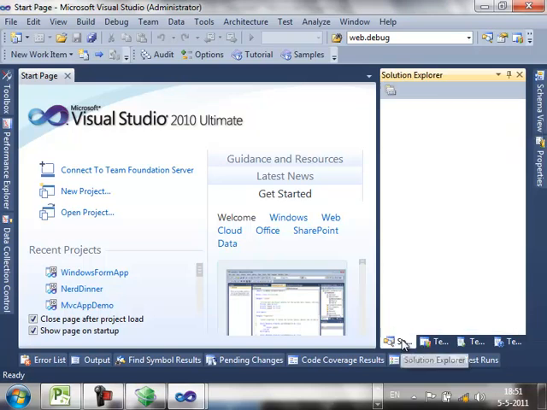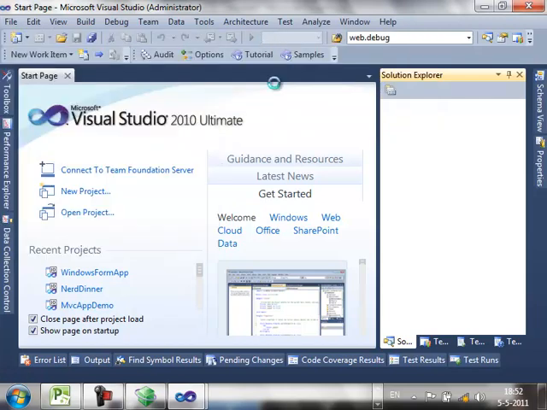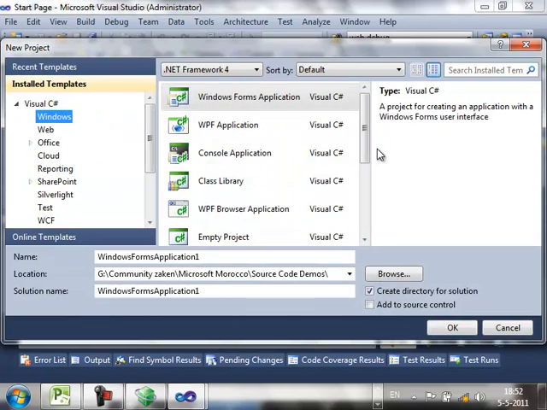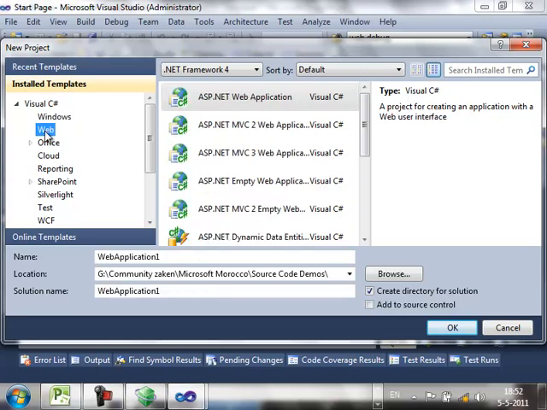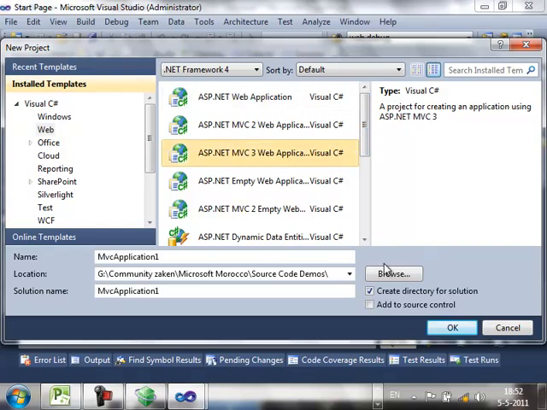the source code. Now I have just started a new version of Visual Studio. What I have to do now is just create a new project, doesn't matter what. I would like to show you just some MVC stuff. We have MVC 3 right now. Yes. MVC